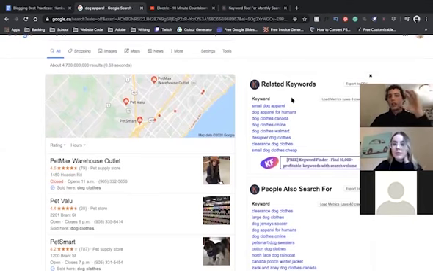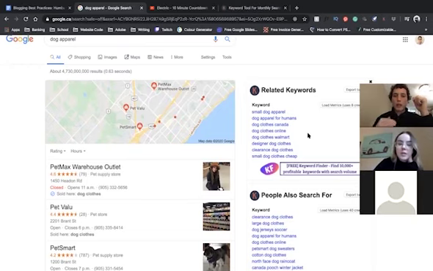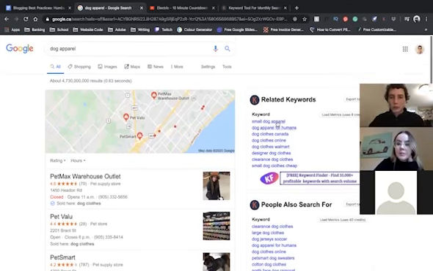And this is actually a good example because there's some things you're not going to want to include, like clearance dog clothes. These are people who are looking for a really cheap item, and you don't want to attract these type of people because they just want the best quality at the cheapest price. So another thing, you want to communicate with Amanda and whoever other clients you're working for, because previous